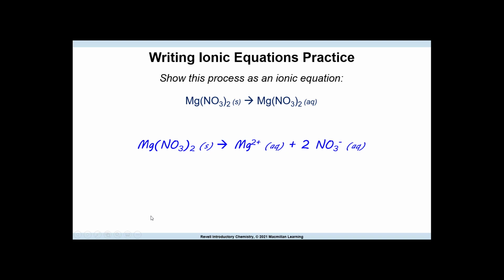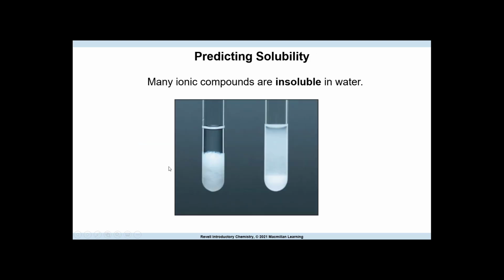But remember, even though this is an ionic compound, if it's a solid, we don't mess with it. We leave that alone. Okay, so predicting solubility. Solubility is when something dissolves in water. And think of salt in water. You can add salt to water and stir it, and it goes in,